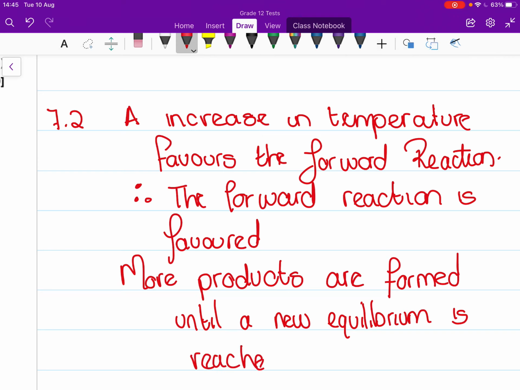I think it was difficult for you guys to realize what that third point was. Most of you got the first two, telling me that the forward reaction would be favored, and because it's the